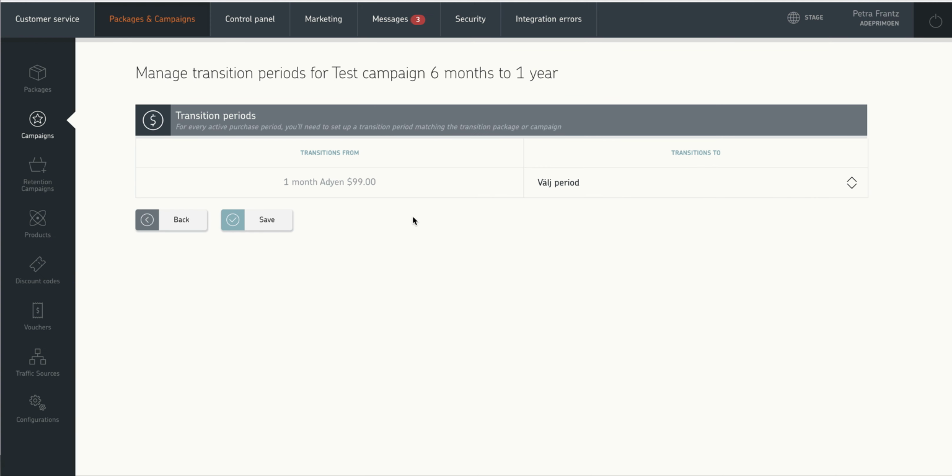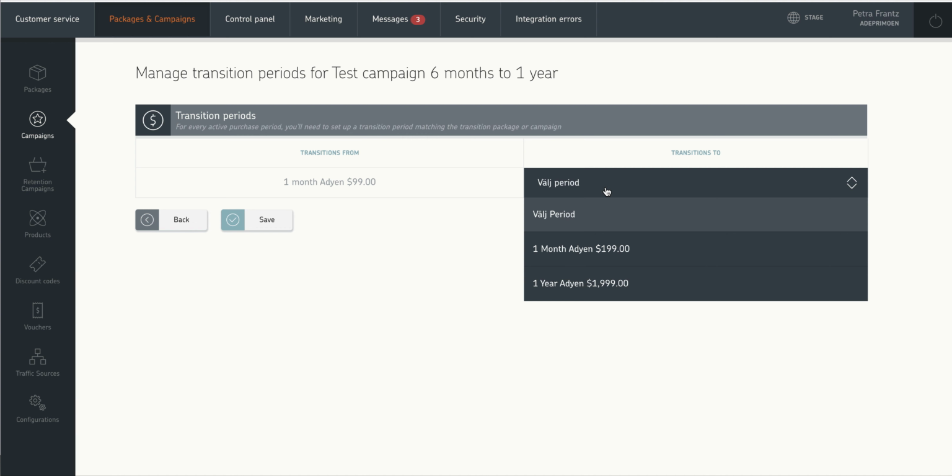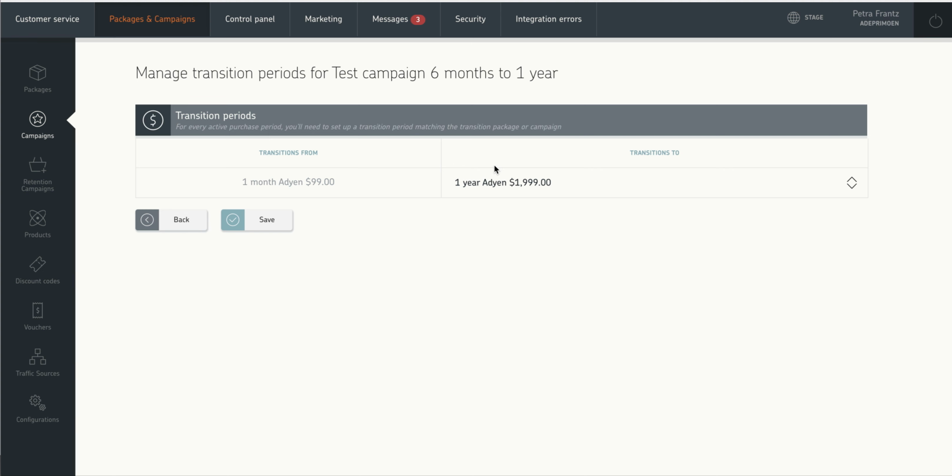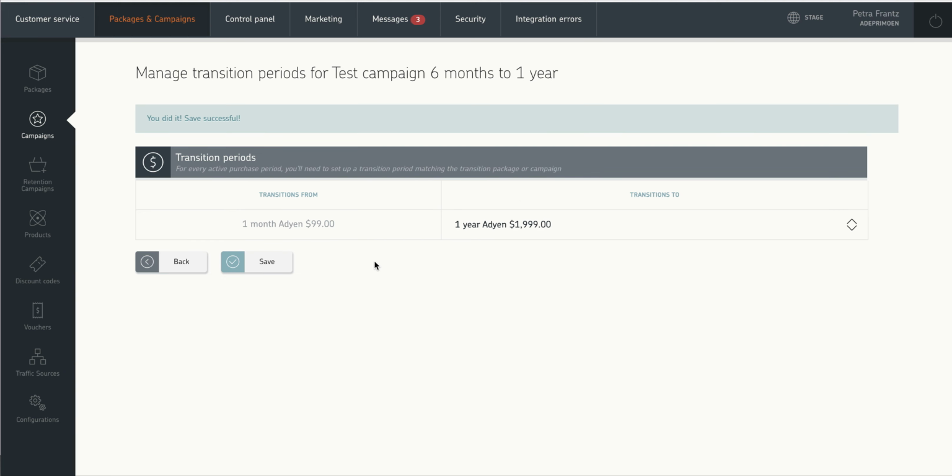So I can press manage, and then I can choose either 1 month or 1 year, depending on what I have on my ordinary package subscription. So I want this to go from the 6-month campaign into a 1 year subscription that's renewed once a year. And when I save it